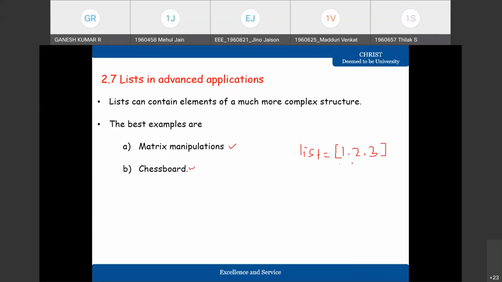So this is a simple basic representation of a matrix, right? The size of the matrix is one row and three columns, 1 into 3. So it could also be said to be a one-dimensional array. A simple list is nothing but a one-dimensional array. Am I right? Okay. One-dimensional array.